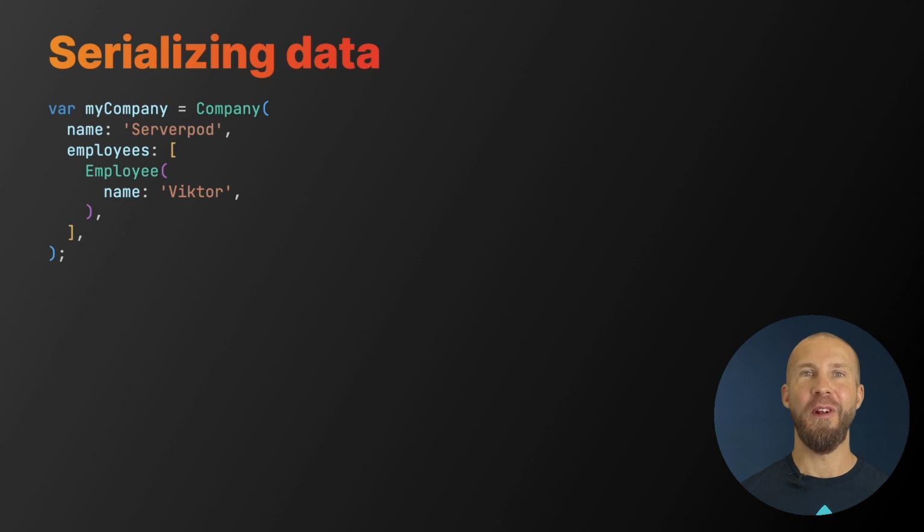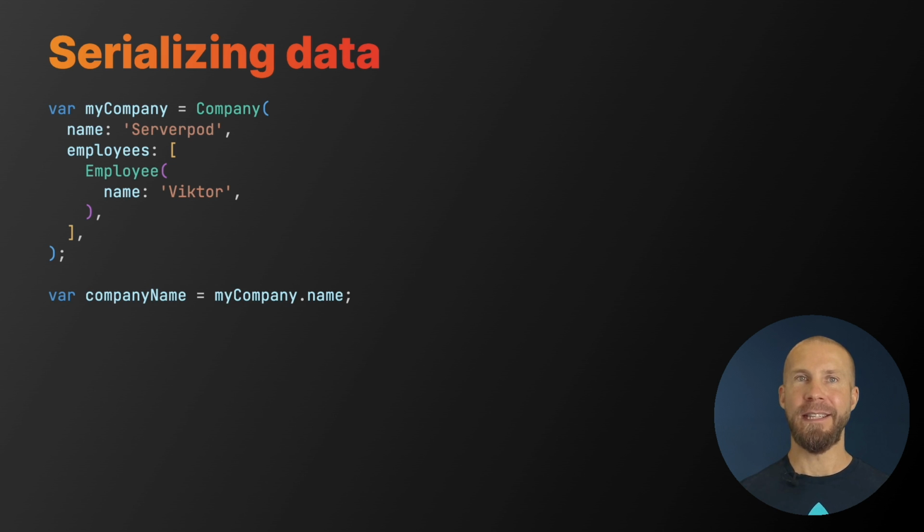This is how your model shows up in your code. It's just like any Dart class. It has a constructor with all the fields specified in your model. Non-nullable fields are required and nullable ones are optional. You can access the fields as properties, just like you would expect, but you also have access to a copyWith method.